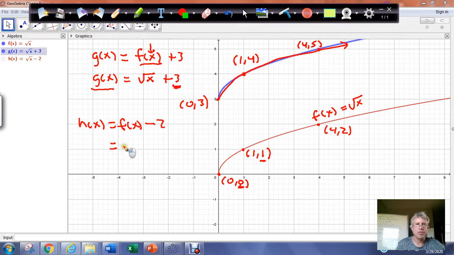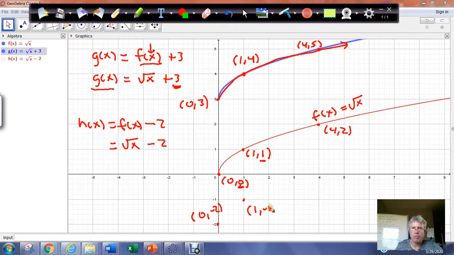So f of x is just the square root of x, and we're subtracting 2, which in effect is just going to move the graph of the toolbox function down 2 units. So this point at 0, 0 will move down to 0, negative 2. This point that is at 1, 1 is going to move down 2 units to the point